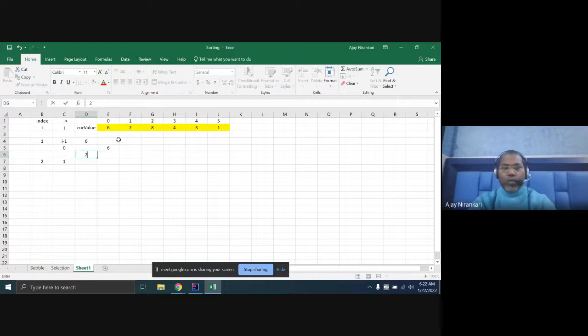Have taken a 2. So you have to just compare this 2 with 6 and figure out which value is this. So you can figure out 2 is the less, 6 is the greater than. Then you have to just shift 6 to this place. So you have to push 6 to this place, and you put 2 here. So whenever you run the first sort, you will get this.